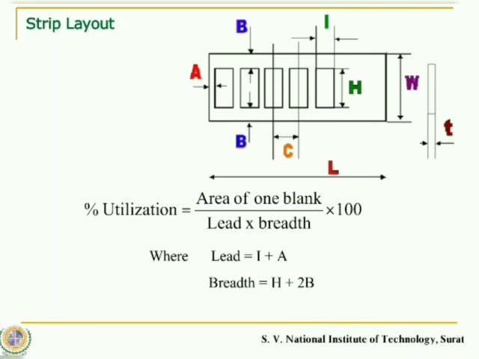So, in a way, if you consider the total portion of the strip wherein one blanking portion is accommodated, the amount of that portion which is utilized for creating the blank part would be the numerator. If we are achieving more than 70%, then that comes out to be a good layout. If we consider the same image, here the blanking portion is rectangular in shape and is adjusted vertically.